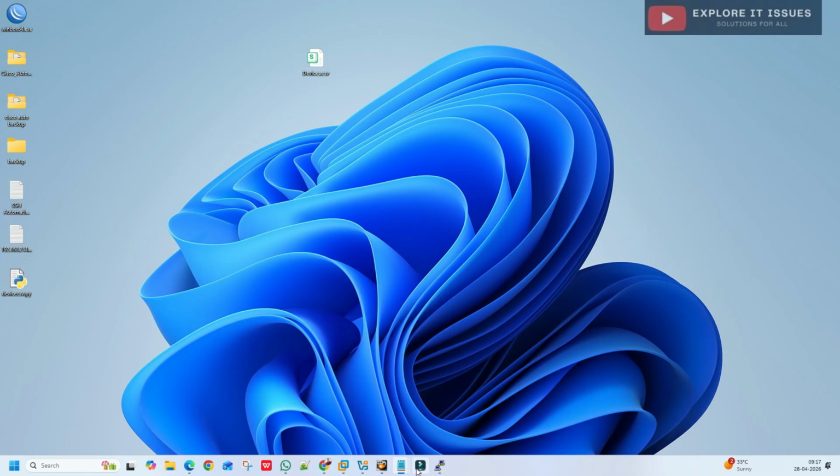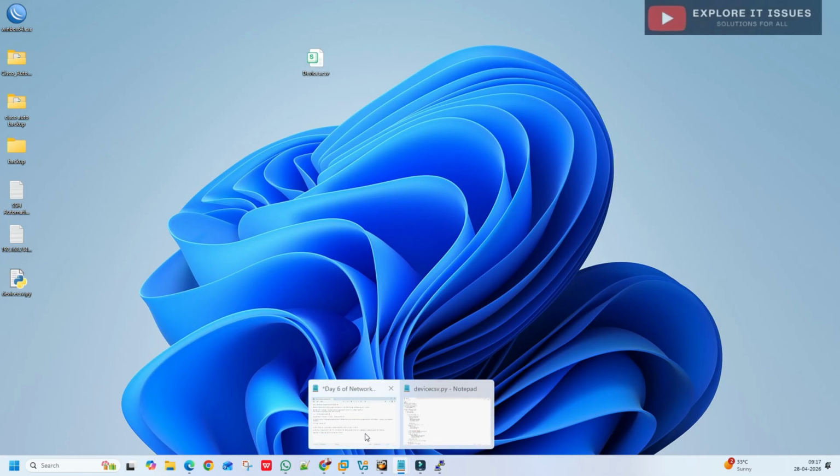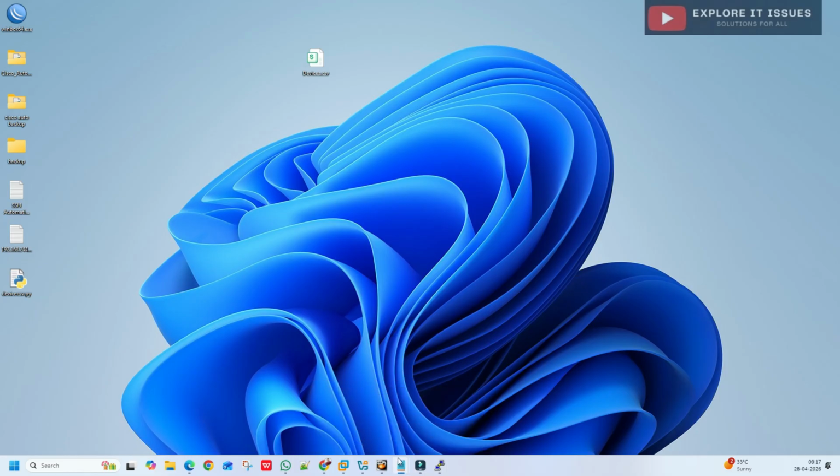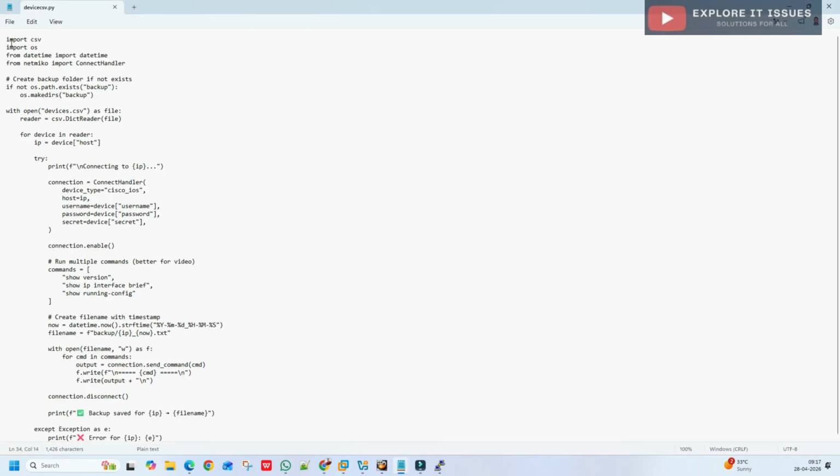I have already prepared the script here. In this script we have added the code: import csv, import os, from datetime import datetime, from netmiko import ConnectHandler.